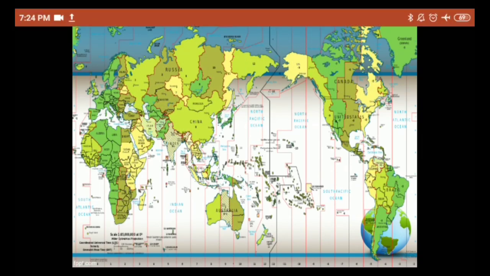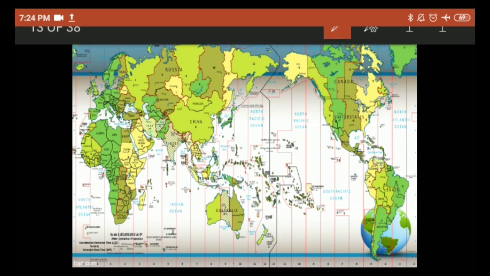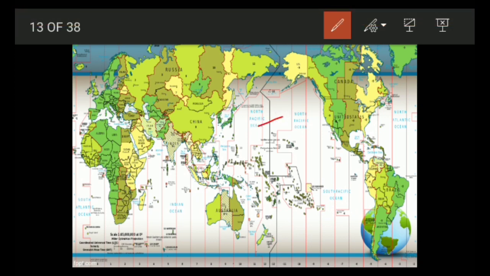Now here you can see the IDL, the black line. Let me show you. This is the IDL, and this is our country India, and here lies the Kiribati Island. You can see that the IDL is not a straight line but in zigzags, in order to avoid the confusion of different dates in the same country. Just now I told you that the IDL separates two consecutive calendar days. So in order to avoid that confusion, this IDL is in zigzags in some of the portions.